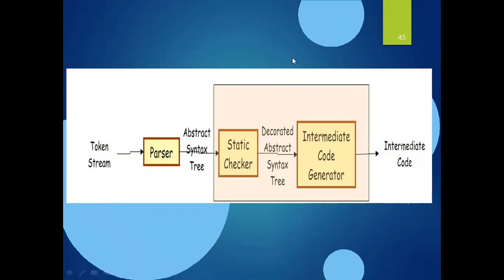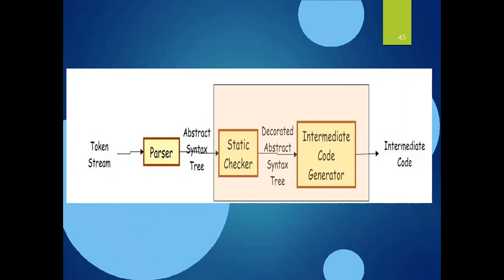decorated abstract syntax trees. Decorated in the sense that something we modified there, something we rectified, any type of error we fixed, or any type of update. So we named it a decorated abstract syntax tree. And then it acts as an input to the intermediate code generator. The intermediate code generator and the rest is for the rest of the compiler. But here our concept is about semantic analysis.